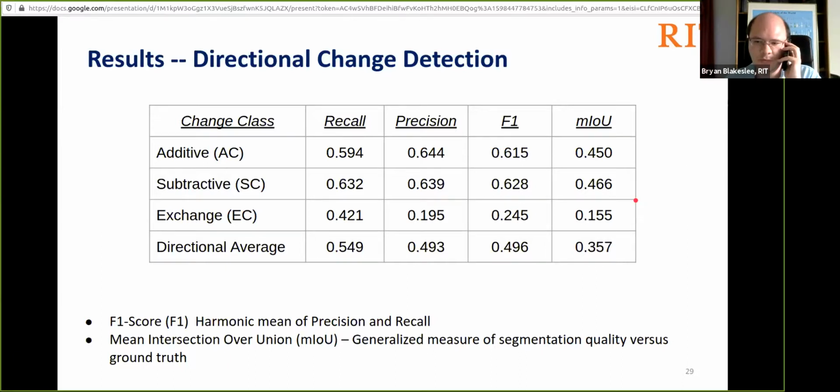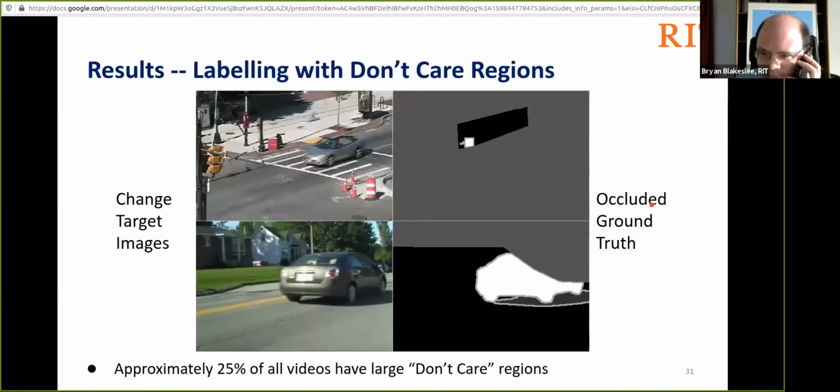That will actually be marked as correct, as an exchange, despite the fact that that exchange is not explicitly marked in the ground truth. That's not an issue with the network itself, but rather it is due to issues with how the change detection 2014 data set is actually labeled.